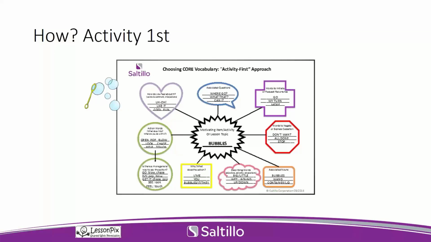So activity first. This is in your handout, and it lists the various core words for different functions of communication, all surrounding the activity of bubbles. So for example, we have question words and action words and describing words, all surrounding the activity of bubbles. That's why I like this form, because it draws attention to those different functions of communication, which I feel like sometimes I would get in the zone as an SLP,